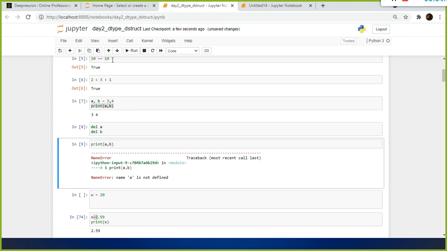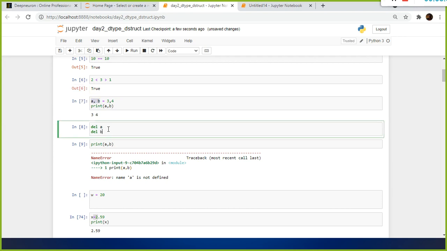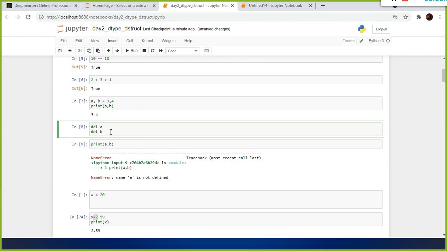Once you use the temporary variable to get the derived value, you remove the variable itself, or you pass the temporary value to some other function. Once that job is done, you remove the temporary variable. In that case, you should know the command to delete a variable, right? So this variable got removed permanently from your memory.